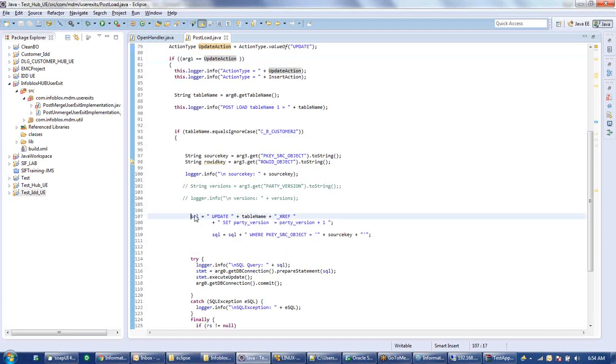Then I am writing an update query: update table name dot x underscore xref set party version equals party version plus 1, where pk source object equals this one. Whichever record we are updating, there is a party version column, and I am just increasing it by 1. This is a direct update that I am making. We don't need to make a direct update; we can call a put request, where I can pass this value.